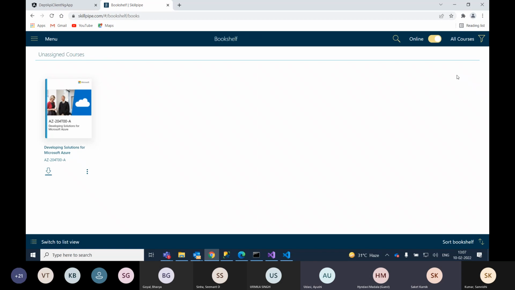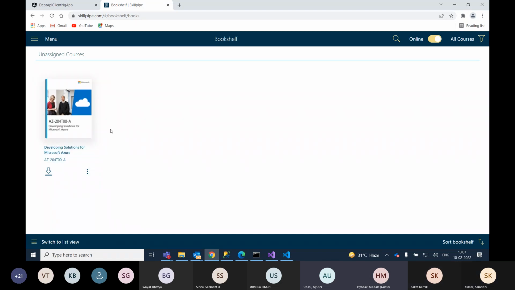Can you see the Azure course over there? Yes, sir. AZ204, right? Yes, sir. So this is a book that you can download and use for the Azure development track. If you want to prepare for the certification, this book is going to help you too. And based on this book only, most of our delivery will be done starting from today. Okay, sir. It's actually a textbook, the official textbook from Microsoft. You can see it is MOC. MOC means Microsoft Official Curriculum.